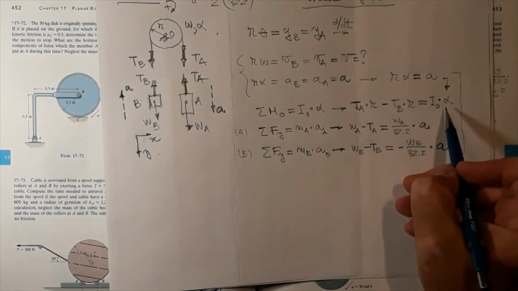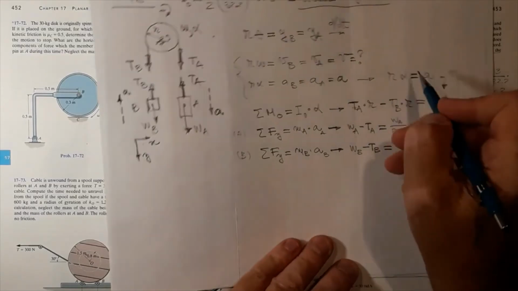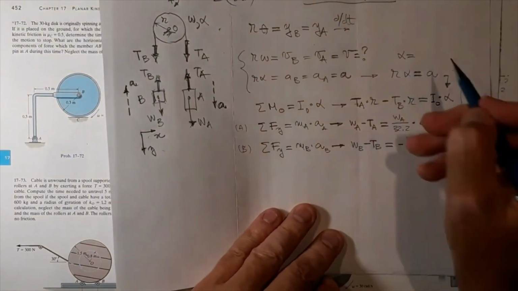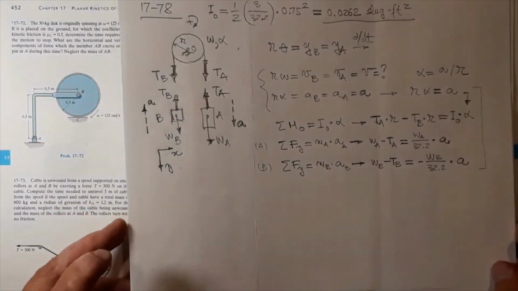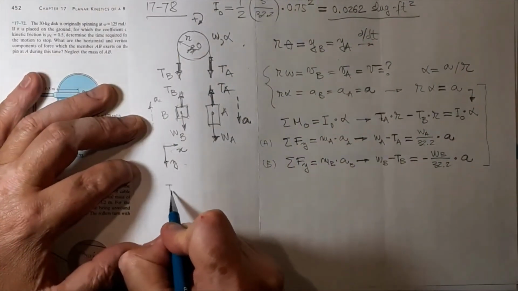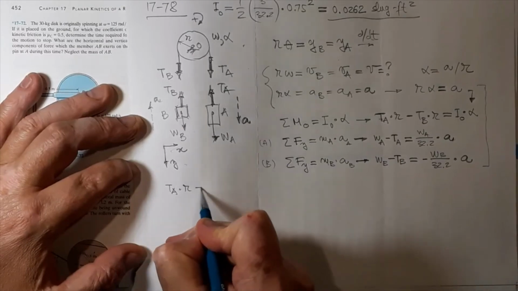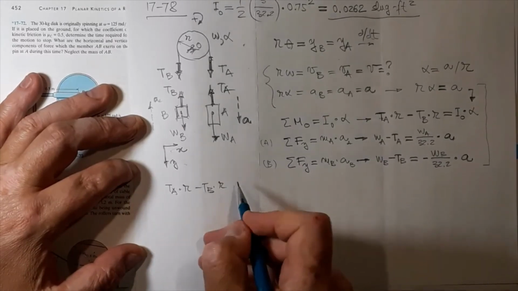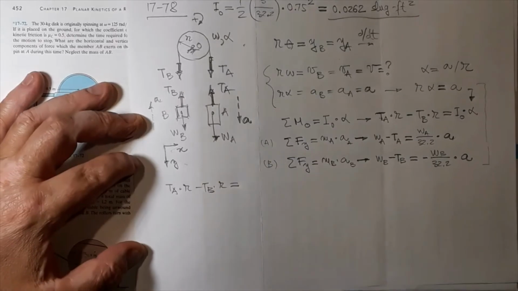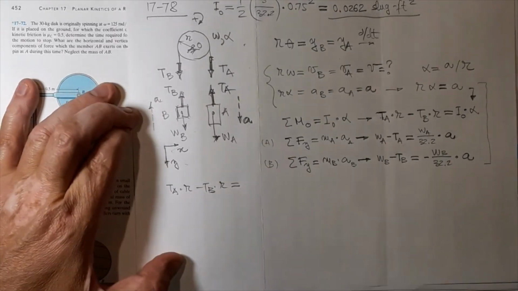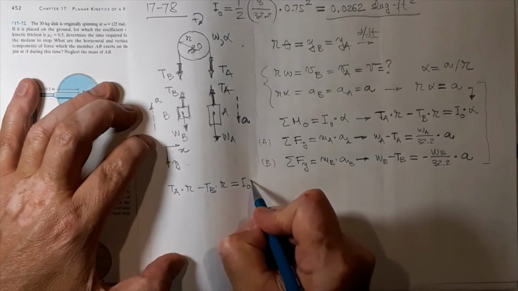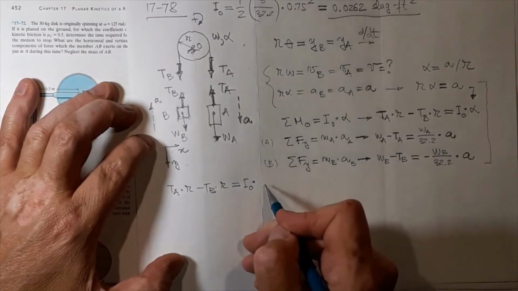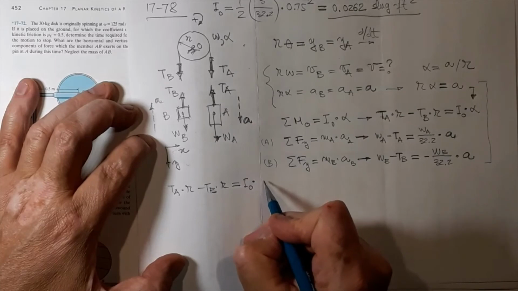Yeah, let's go the way I said. So I'm going to say alpha from the first equation. Alpha is A over R, and we have TA times R minus TB times R equals I O times A over R,